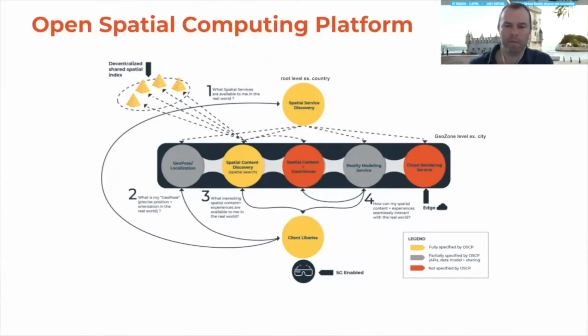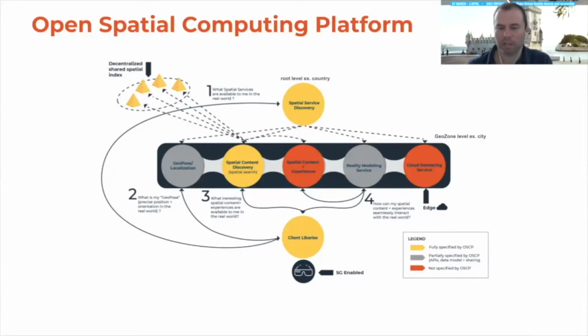Now, we've been working with the Open Geospatial Consortium, the OGC, on specifying a standard representation for Geopos. We've also defined a Geopos positioning protocol. This is essentially a localization protocol that allows clients to stream sensor data into a positioning service.